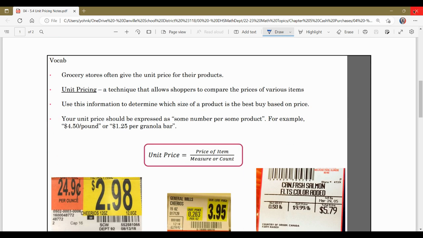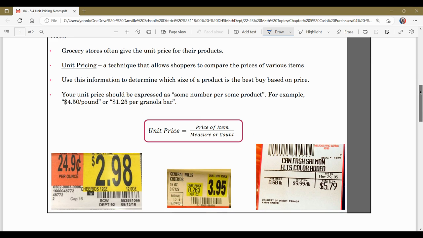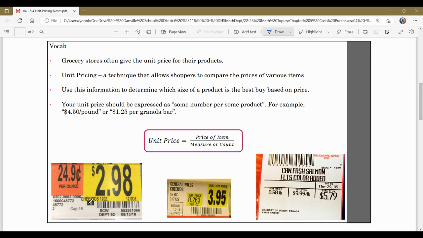So, grocery stores often give something called a unit price for their products. I gave three examples here at the bottom. They're usually on the shelf that the item sits on. And if we use something called unit pricing, then we're using a technique that allows shoppers to compare the prices of various items. You can use this information to determine which size of a product is the best buy based